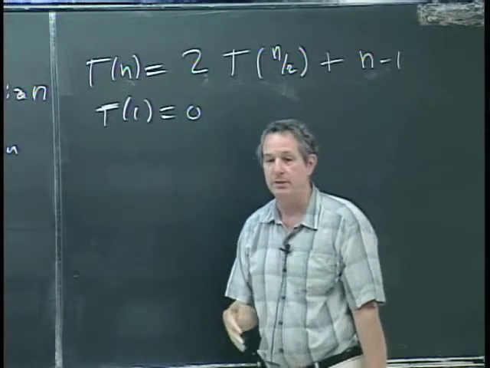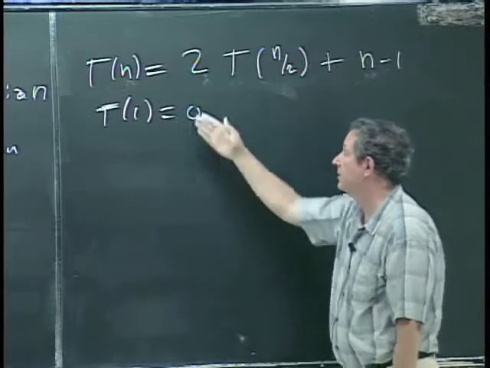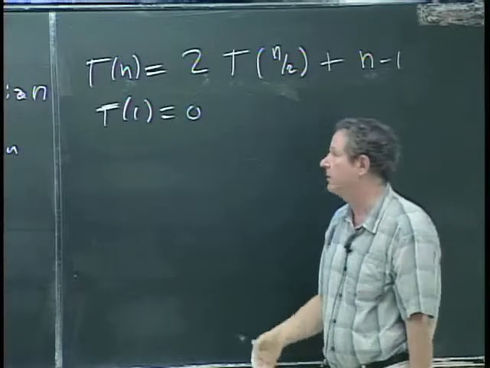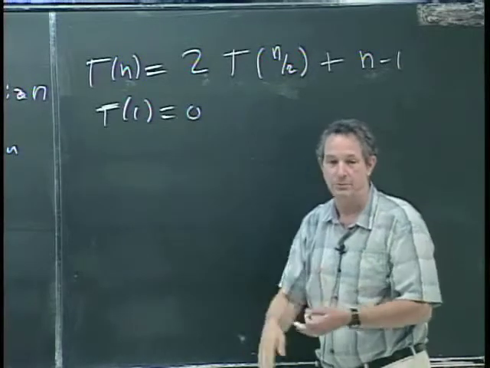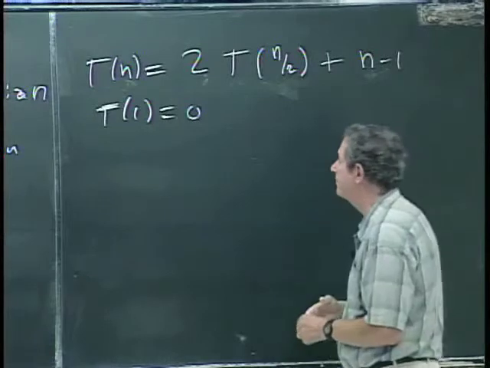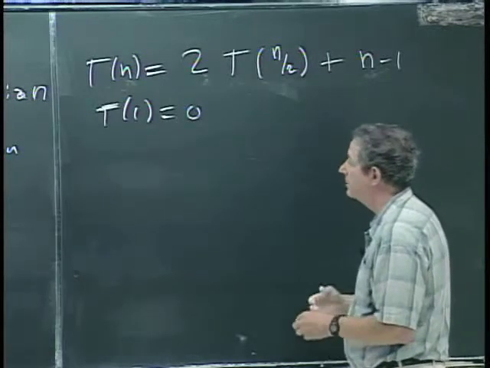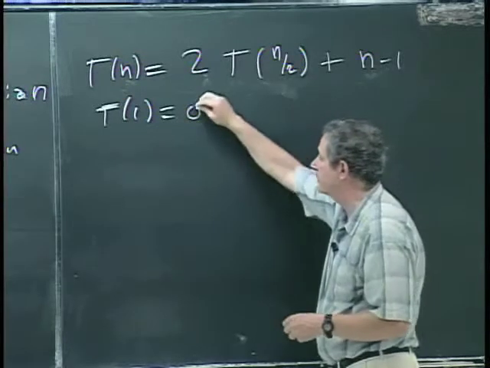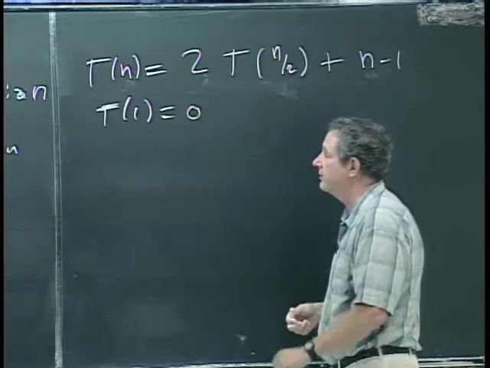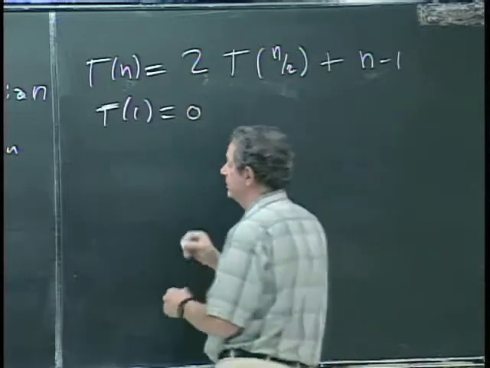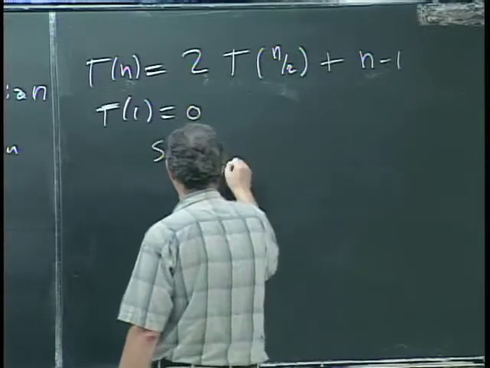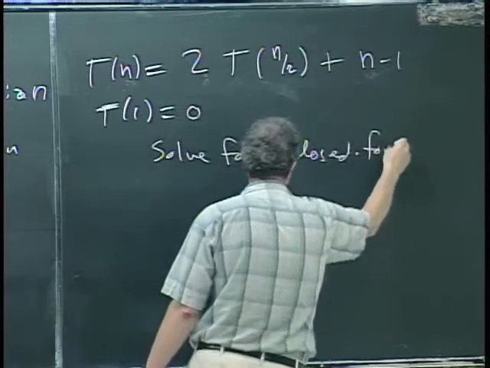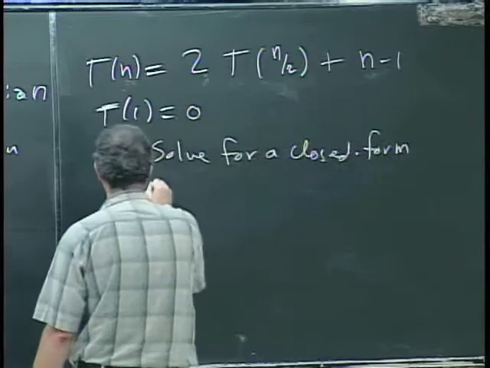And a lot of times in various parts of science, you can set up a recurrence relation, and then you can use the computer to actually find what the numbers are and come out with a table or a plot or something like that. But a better approach, if you can do it, and in this class we will be able to do it on the recurrence relations that we're looking at, a better thing is to solve for t of n, or solve for a closed form solution